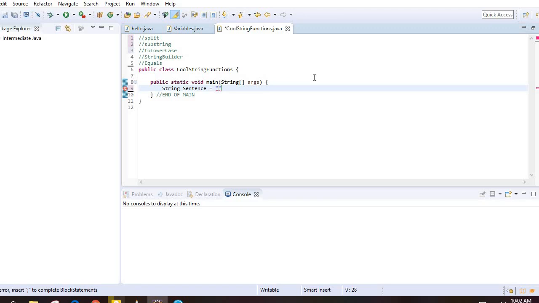So I want to use some of these, and after you get that, you're going to compare it with an existing string to see if they are equal. Now let me show you something that has a cool